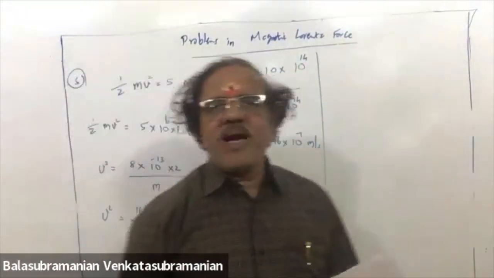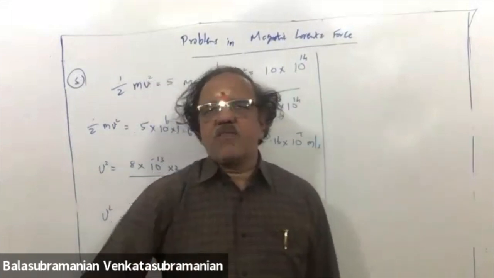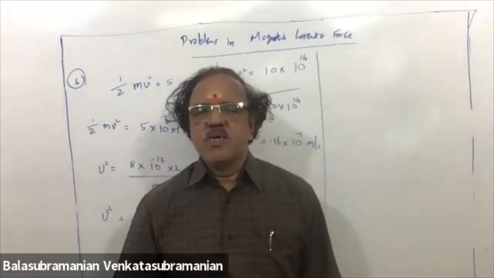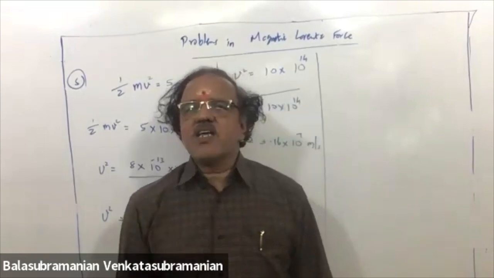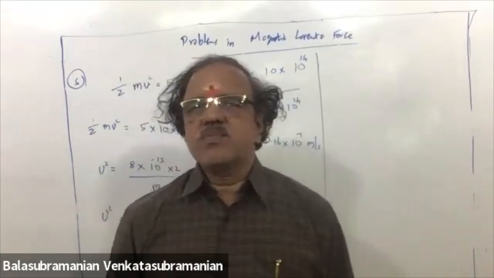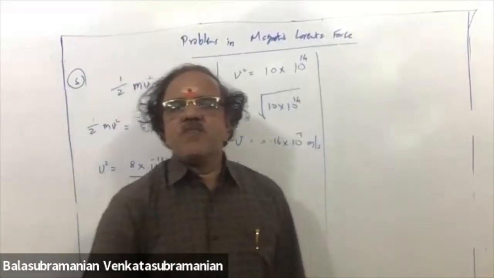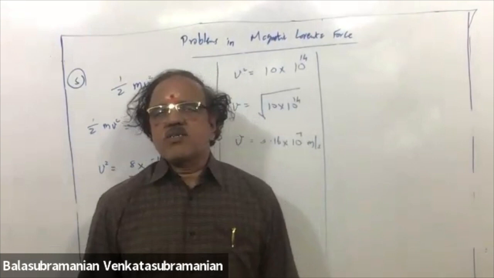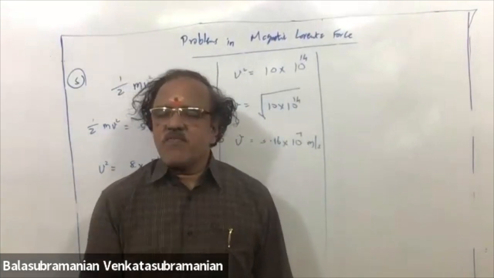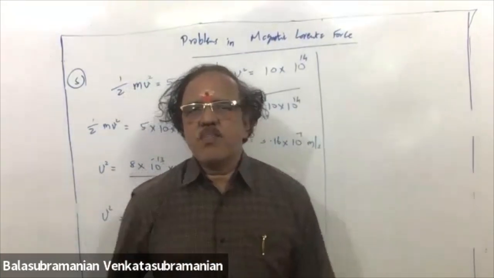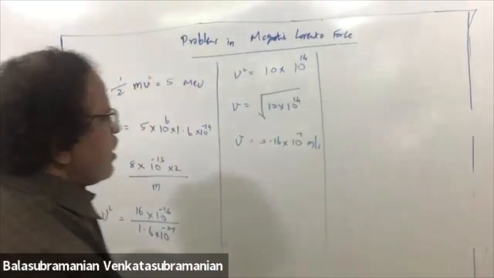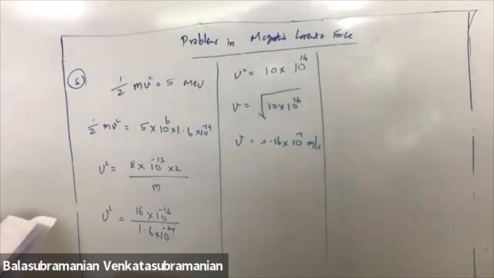In the previous problem, magnetic induction was not given directly; using the vector product we calculated it. Here velocity is not given directly. Kinetic energy, the energy possessed by the proton, using that we have to calculate velocity. So we have calculated 3.16 into 10 power 7. Now direct problem. What? F is equal to